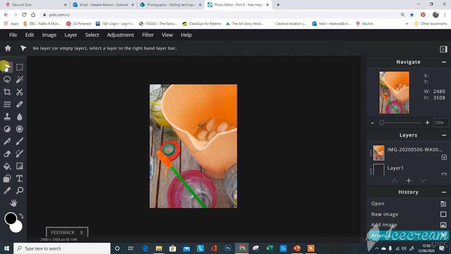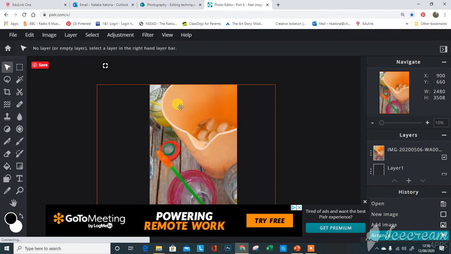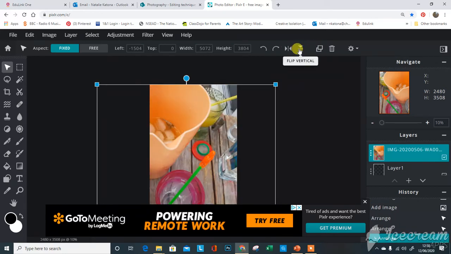There's quite a lot of things you can do with the Arrange tool, which is quite useful. So if you click on your photograph, you can see up here there's quite a few different menu options. If I wanted to, I could rotate the photo, which is twist it round. I could flip it and just click it. I can flip it vertically,